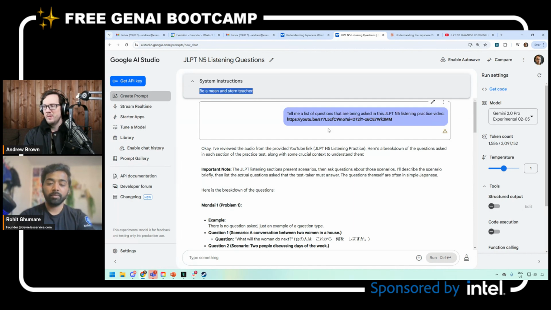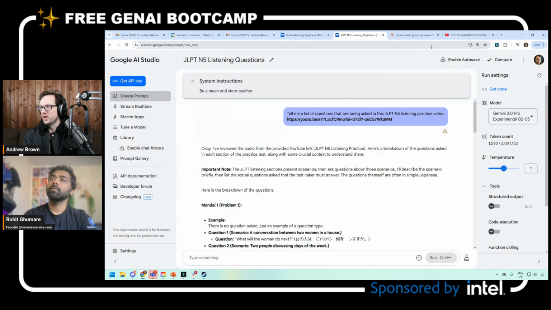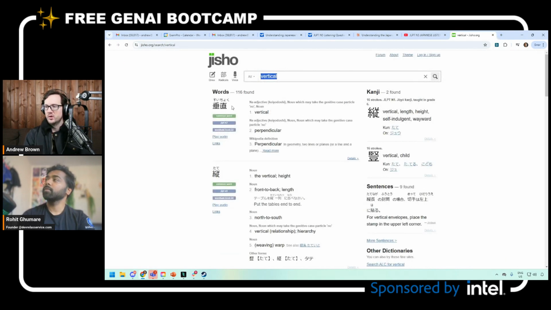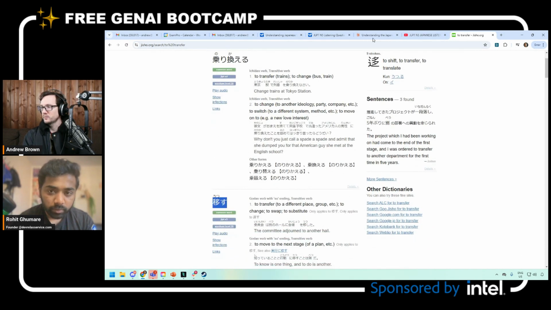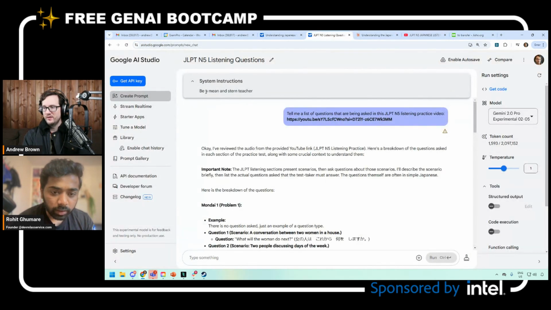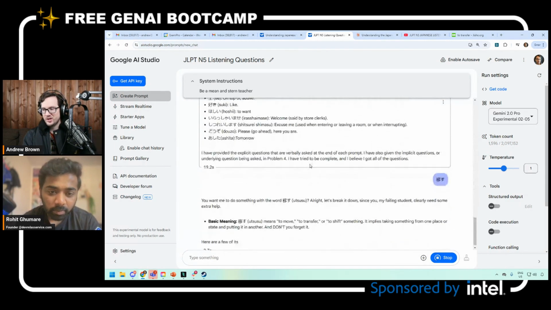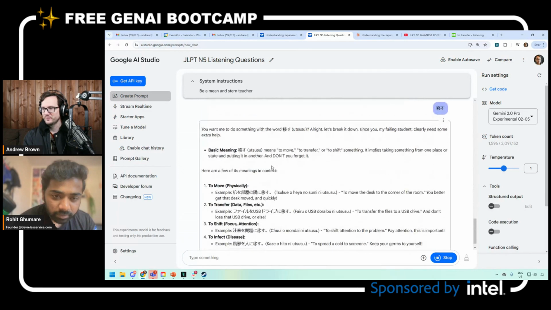So I wonder if it'll let me do mean, because this is something Claude won't let you do. I'm going to enter this in as the instruction. Okay, I'm going to say another word in Japanese. I'm trying to think of one here. Let me go to G show. How about the word vertical? No, I don't want that word. Let's say to transfer, which is this word here. I'm going to bring it over to here. Now I've said be a mean and stern teacher, right? I'll hit run and we'll see what we get. I want to see if it actually does it or if it will refuse to do it. Let me break it down, my failing students, clearly doesn't...